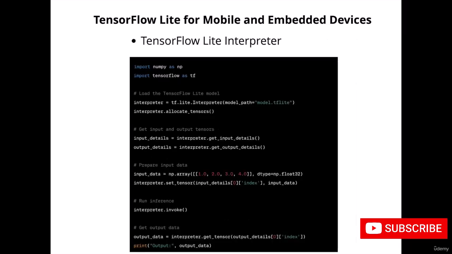Next is the TensorFlow Lite interpreter. To run inference with TensorFlow Lite models on mobile or embedded devices, you'll use the TensorFlow Lite interpreter. This interpreter provides a C++ API for embedding TensorFlow Lite models into mobile apps and a Java API for Android apps. Example of running inference